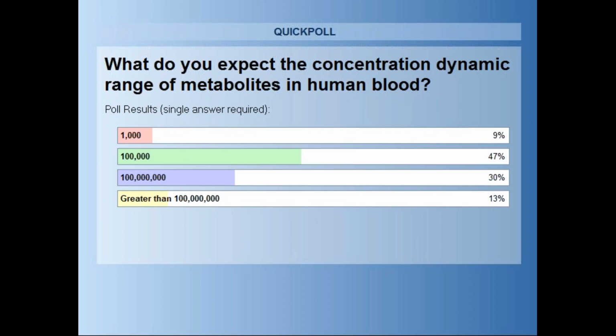It is conceivable that there may be other unknowns at lower concentration. So 10 to the 8th is substantial. I've heard other quotes of 10 to the 12th or so. But I think the bottom line is that the in vivo concentration dynamic range far exceeds that of our instrumentation. Right.